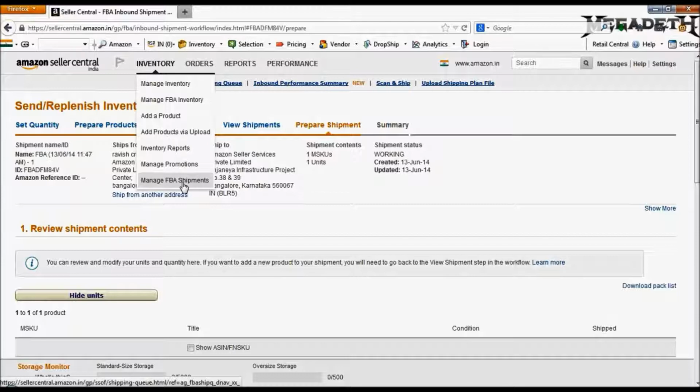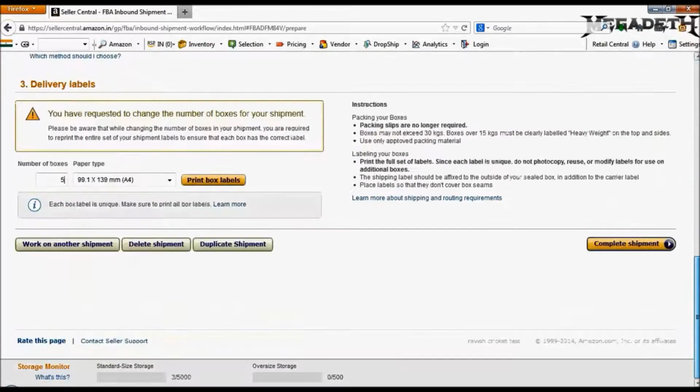Once you have done that, take the appointment and then finally click on complete shipment. Please note, if you click on complete shipment without taking these box stickers, you will not be able to get the printout later. So make sure you take enough copies and only then click on complete shipment.